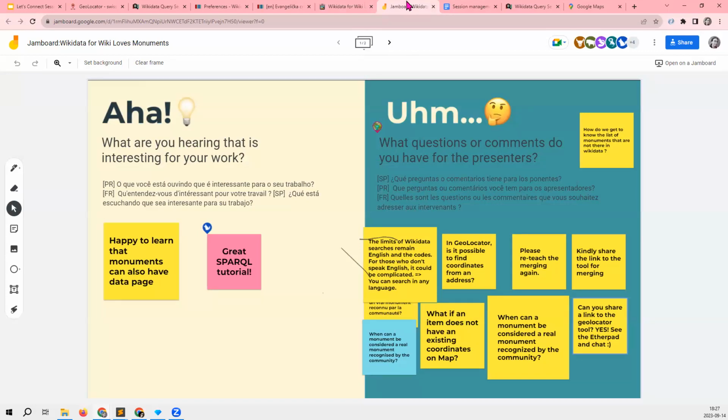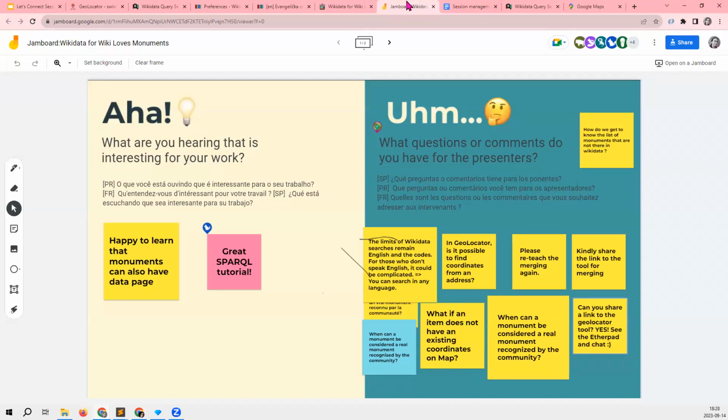Again, there are two layers to this question. One is the layer of notability for Wikidata, and there the notability criteria are, as I mentioned, very allowing and broad.